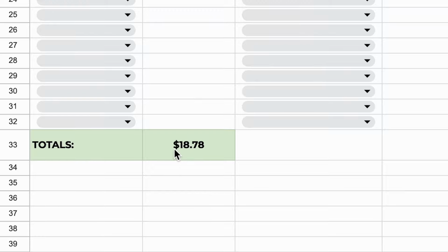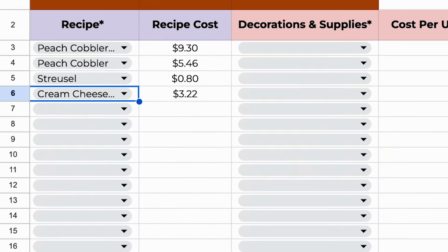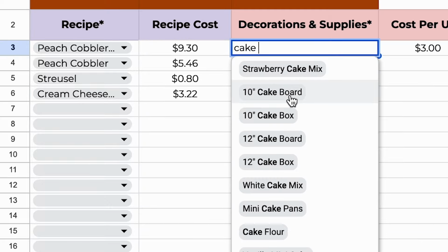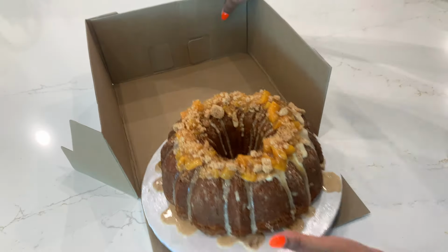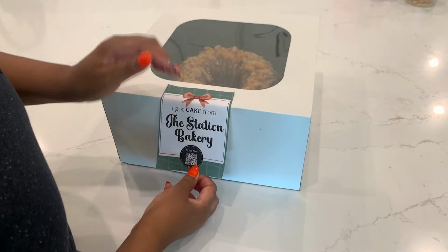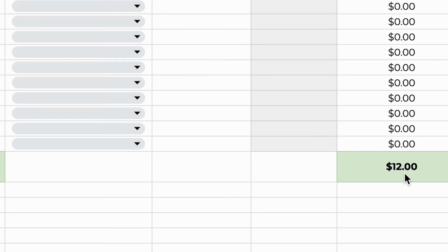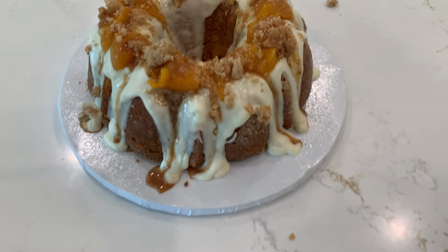And that brings us to a total of $18.78 just to make our peach cobbler pound cake. Now we know that there's also a board. It's a 10-inch cake board, and then we need a 10-inch cake box. Gotta put in the amounts, 1 of each of those, which adds on another $12. So altogether, this cake cost us